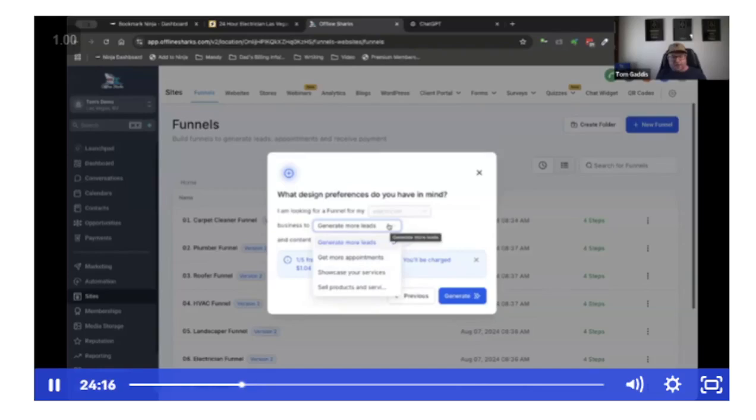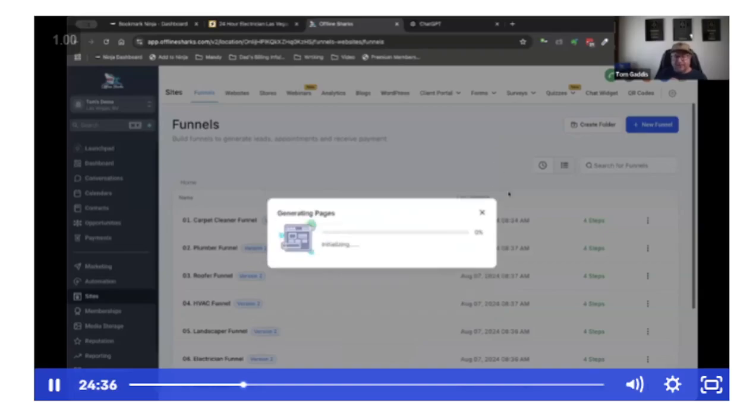I want them to generate more appointments. And since I want to do appointments, we have some options for the tone. I'm going to pick persuasive because we're trying to get appointments, right? Again, 5 free of these a day. After that, $1.04. But check this out.